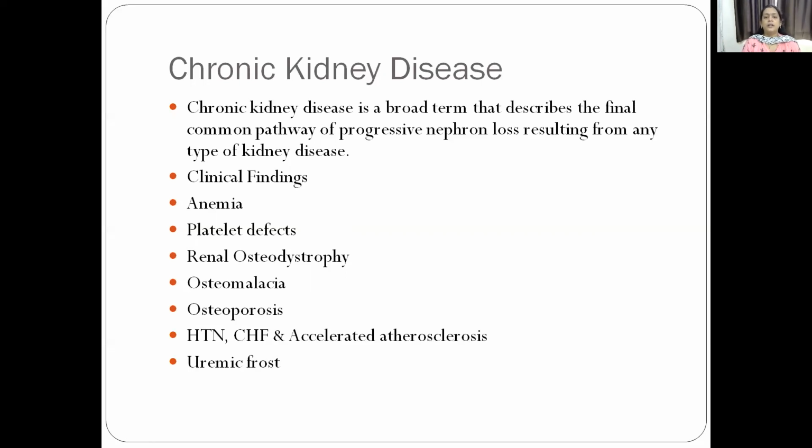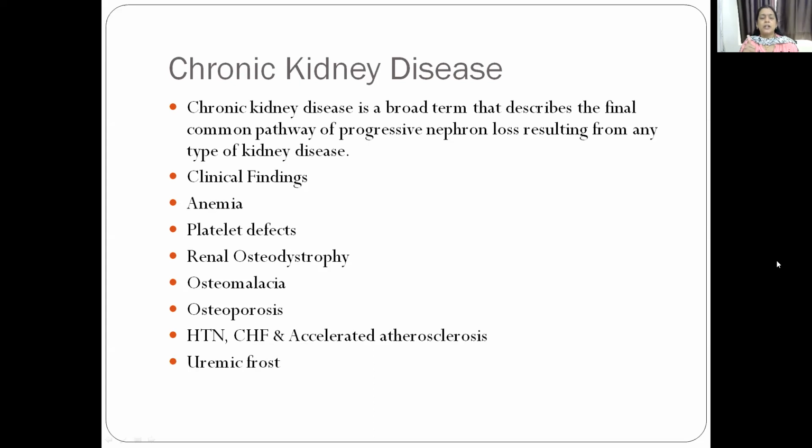So chronic kidney disease is a broad term that describes the final common pathway of the progressive nephron loss resulting from the type of kidney disease. So CKD can also result in chronic renal failure. What are the clinical findings when you see chronic renal failure? Anemia, because